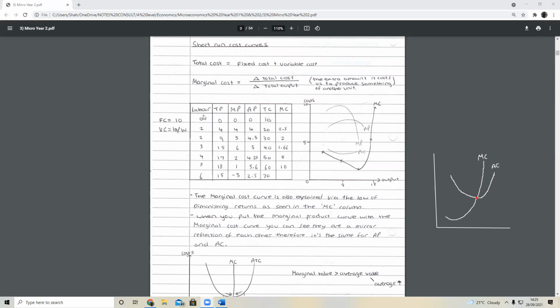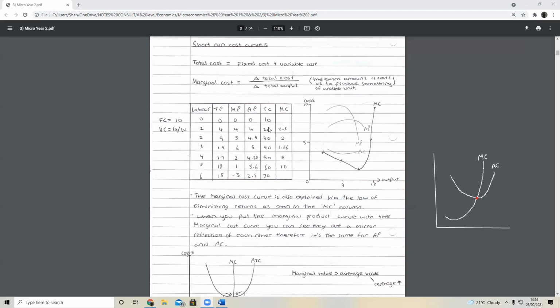So say if they give you a table like this, they're obviously going to give you the total product. They may ask you to find out the marginal product. We already know how to do that. It's just the extra amount: 4, 9, 15, so it's an extra 5, an extra 6. We know that. What about average product? So that's going to be 4 divided by 1, 9 divided by 2, 15 divided by 3. We just saw that.